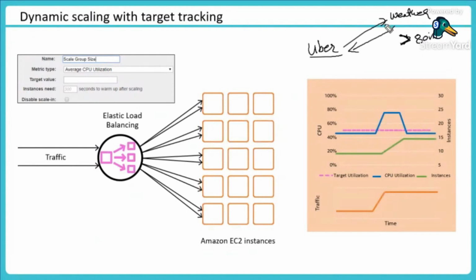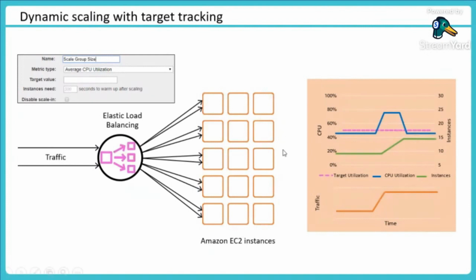So I could check data from a weather station, and if it says probability of rain is 80%, I could use this as a trigger for my auto scaling. When this probability is higher, I would probably need more instances at the back end to handle the load, which will be increased. And when this weather station says, hey, probability of rain is 30% or less, I could say, okay, let me remove those instances. So you could use some third party factors also through CloudWatch to be a trigger point for you, should not be a problem at all. So that is completely possible, right? So it's a pretty flexible service, and you can use very innovative use cases with it.